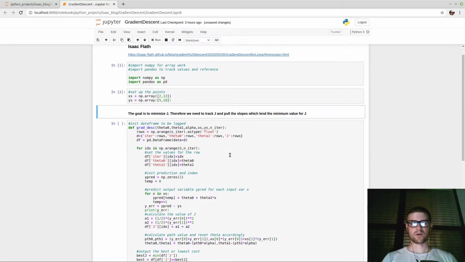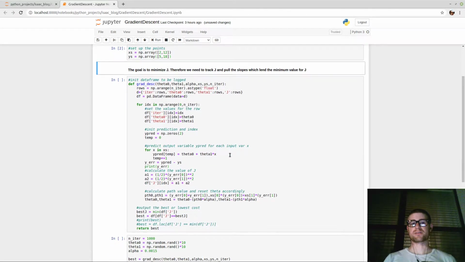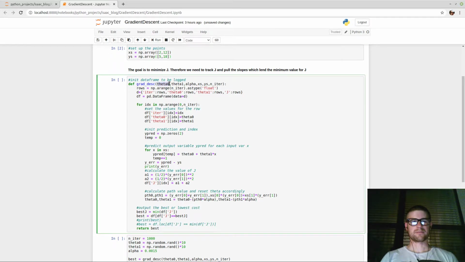So we have our x's and y's. And here again, to remind you, the goal is to minimize J. J is the cost function. So we're going to have to track it. And in order to track it, we have to store it somewhere, and then we're going to find what the minimum value is. So we create this gradient descent function, and we're going to use a random theta naught, a